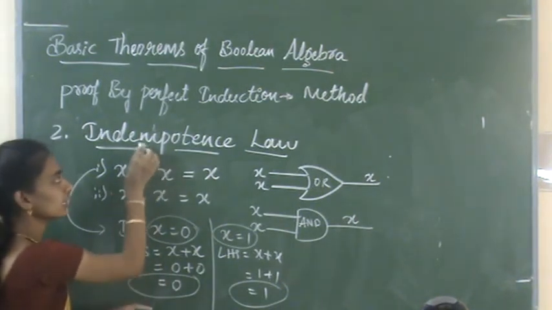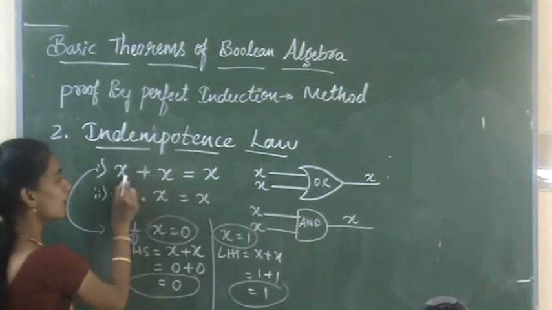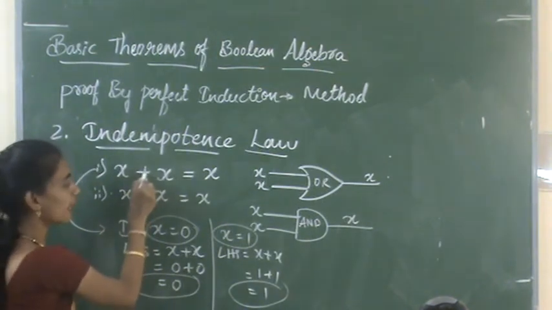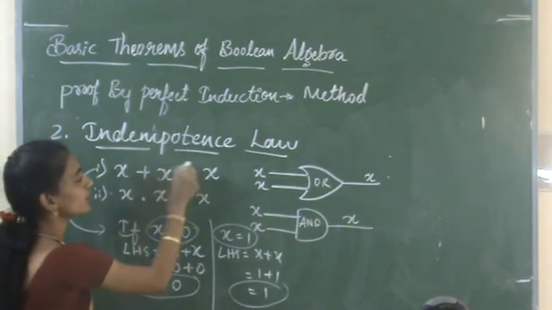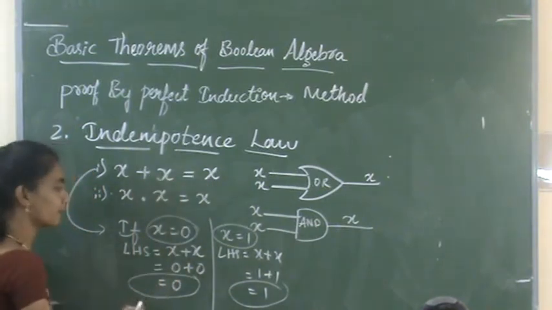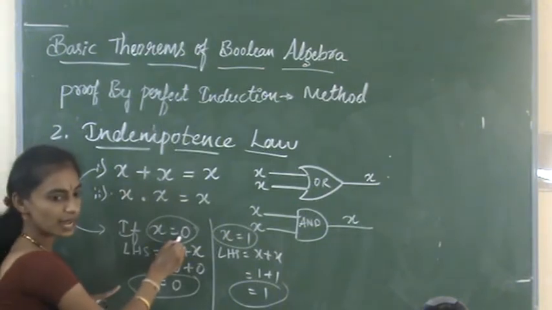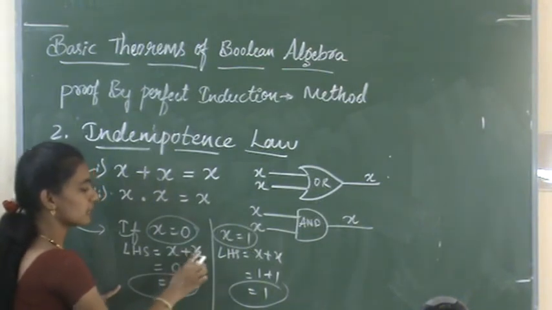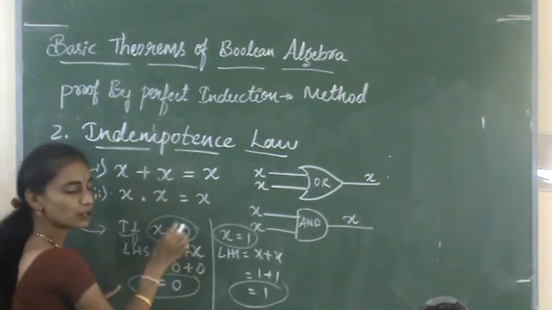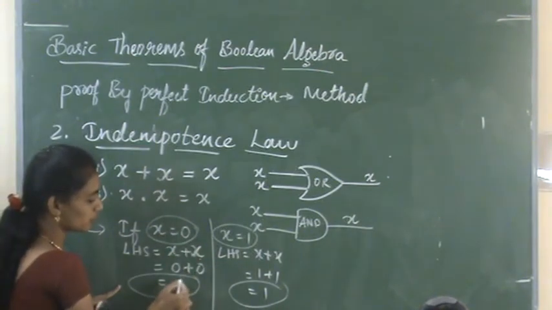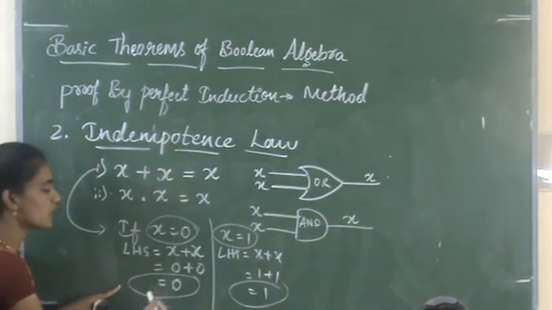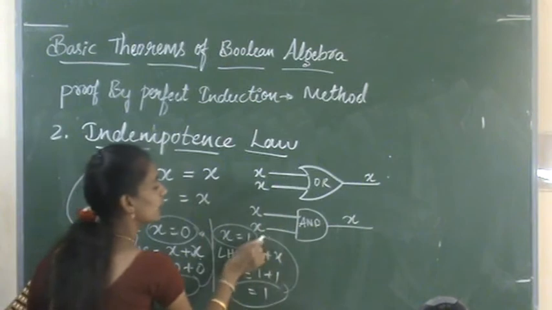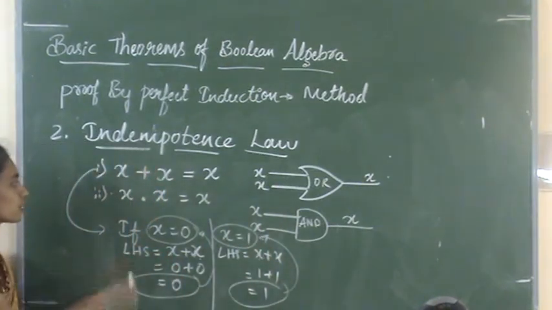So this idempotence law states that combining the same variable by using different operators, meaning the AND and OR operators, we will get the result as the same variable. Okay. If we take x value as 0, substitute this 0 in the place of x. Wherever you find x, you have to substitute 0. Then simplify that expression or equation, and you will get the result. This result will be the same as whatever value you gave for x. Okay. So that is this.